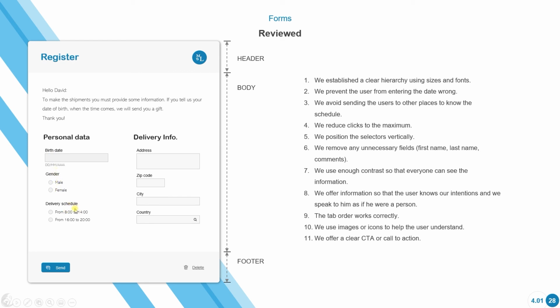We're also using images or icons that help the user understand. This isn't mandatory, but it is a good option when we want to help users understand what they're going to be doing. For example, here we have a paper bin. It is very important that these images are very relatable, or it's very easy to understand that this is a deleting action. How can users know this? Well, basically because they've already used hundreds or thousands of apps out there that have the same icon that does the exact same thing, or because it's something that very clearly identifies in the real world what we're trying to do.